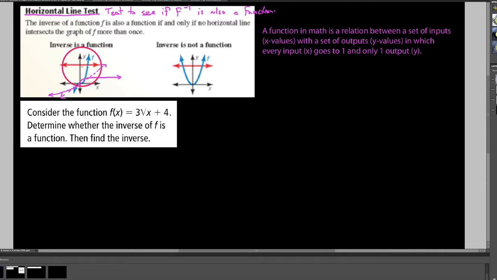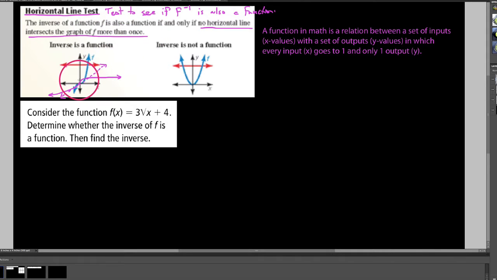So if it passes a horizontal line test to begin with, then when you do go find its inverse, it is definitely going to pass a vertical line test. The horizontal line test is just a test to see, on our original function, whether our inverse is also a function. So let's read this together. We say that the inverse of a function f is also a function if and only if no horizontal line intersects the graph of f